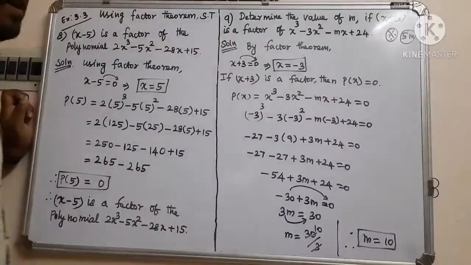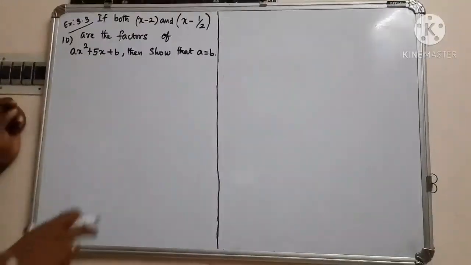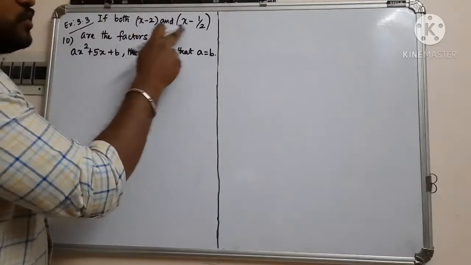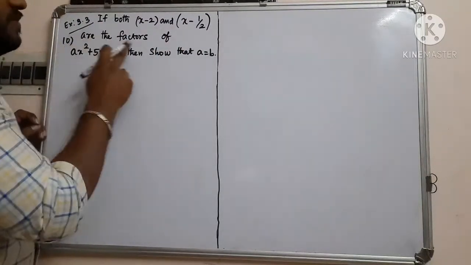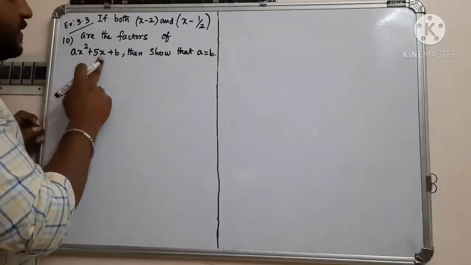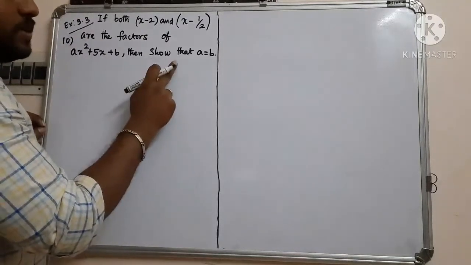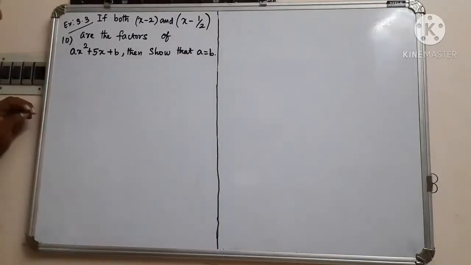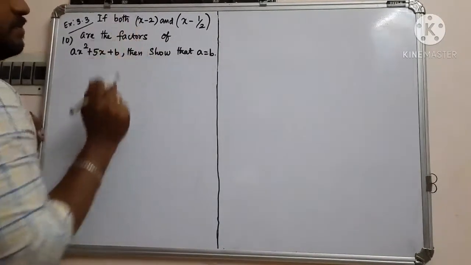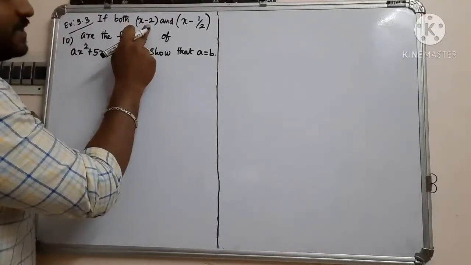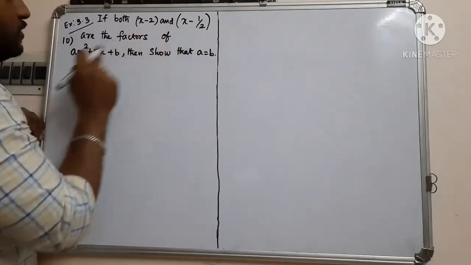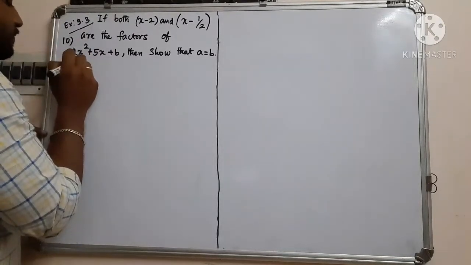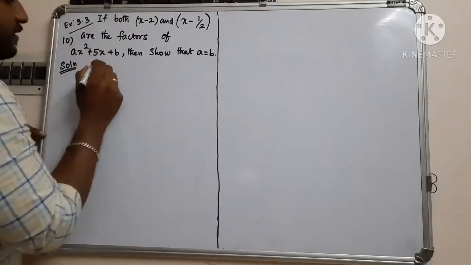This is a very important 5-mark question. So question number 10. If both x minus 2 and x minus 1 by 2 are the factors of ax square plus 5x plus b, then show that a is equal to b. You have to prove a is equal to b, if the factors x minus 2 and x minus 1 by 2 are the factors of this given polynomial. Solution. So given